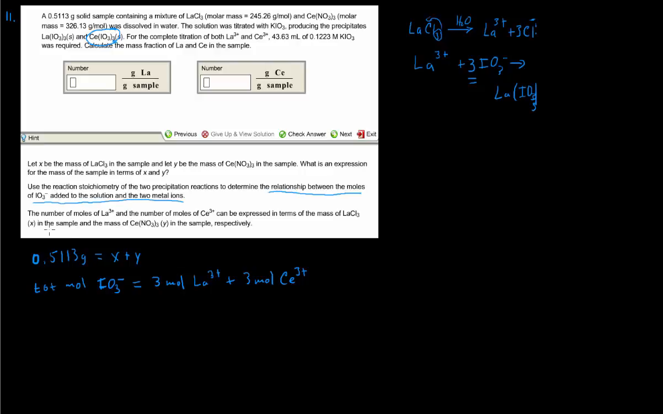Okay, and then the last part, it says the number of moles of lanthanum and the total number of moles of cerium can be expressed in terms of the mass of lanthanum chloride, X, and the mass of cerium nitrate, Y, respectively. So we're going to convert basically moles into grams. We're going to use that relationship. All right, so here in this equation we've got moles of each of these species, and we want to substitute what those are. So we could calculate,